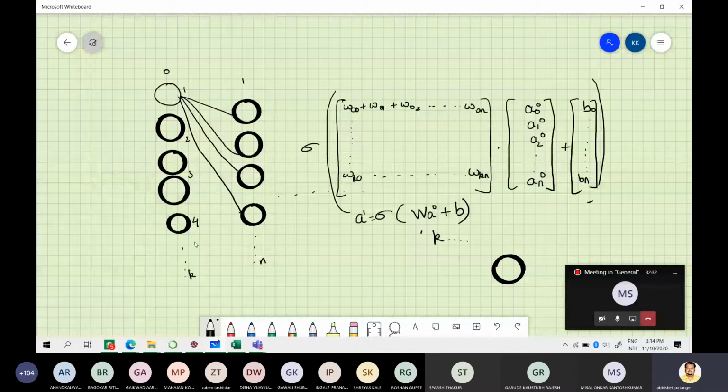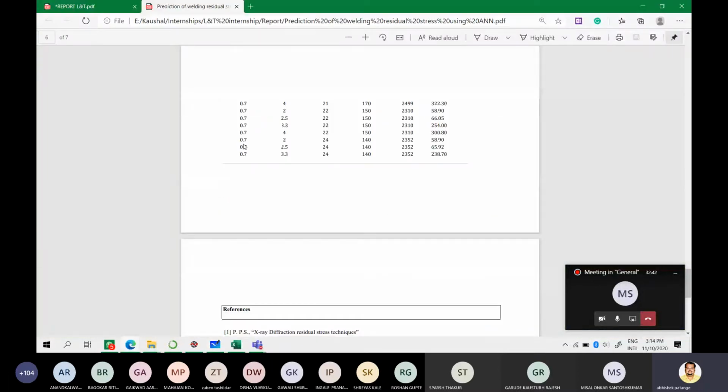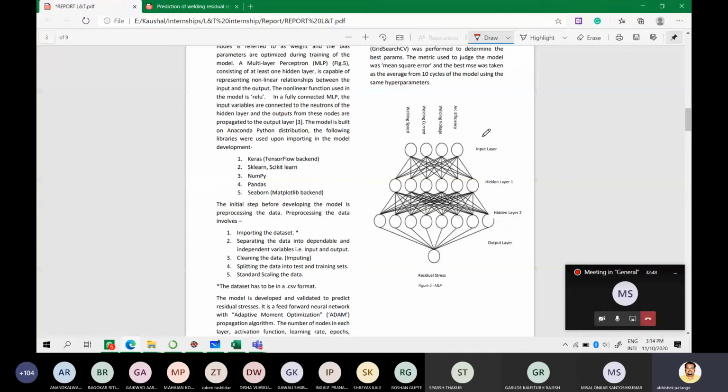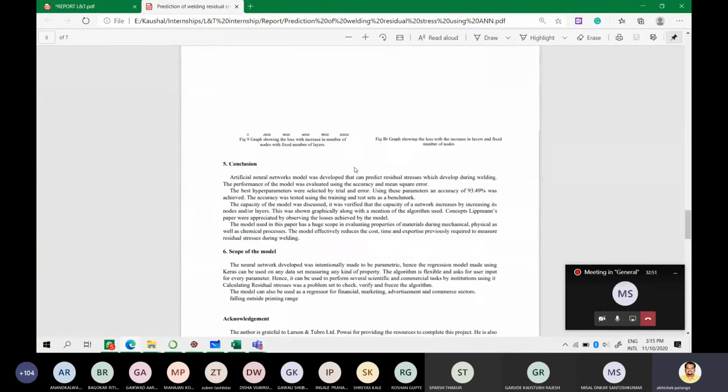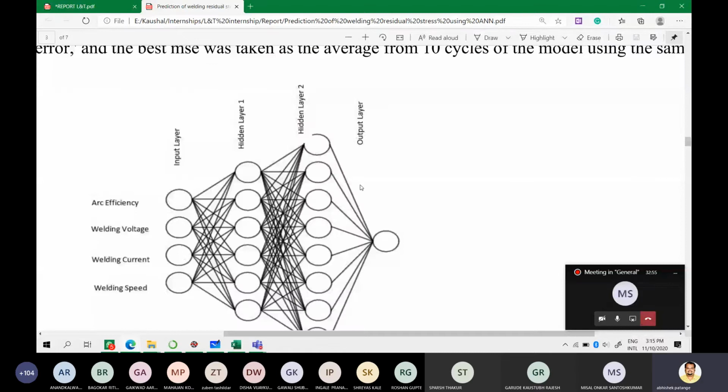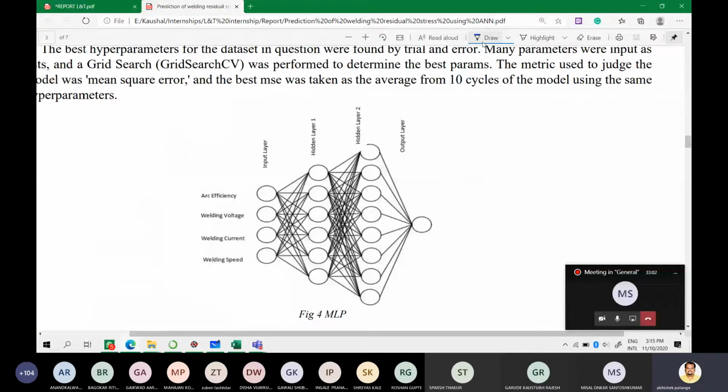So for example, these are the input layers, input nodes, and these are the hidden layers. I'll just show you my paper where I have a very good photo of a neural network. This is what I have used in my paper, and these are the input nodes. As I said, these are the input nodes, and these are the hidden layers, or this is where the magic happens. As I said, I'll get to the magic part in a minute.